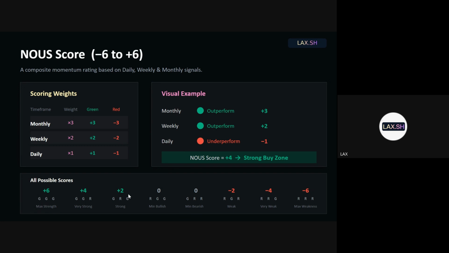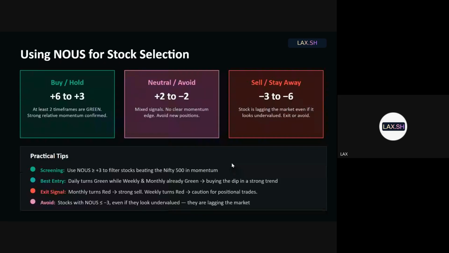The point is, if the score is 3 or more, it is fine. So if you're scanning for stocks, what kind of stock universe should you look at? One which has a news score of at least 3. Still, that does not mean that with a news score of 3 you will buy it. No, that is the starting point. The funnel has the first filter which says the news score should be 3 or more. So +3 and above, it's good. -2 to +2, it is the sideways zone, right?